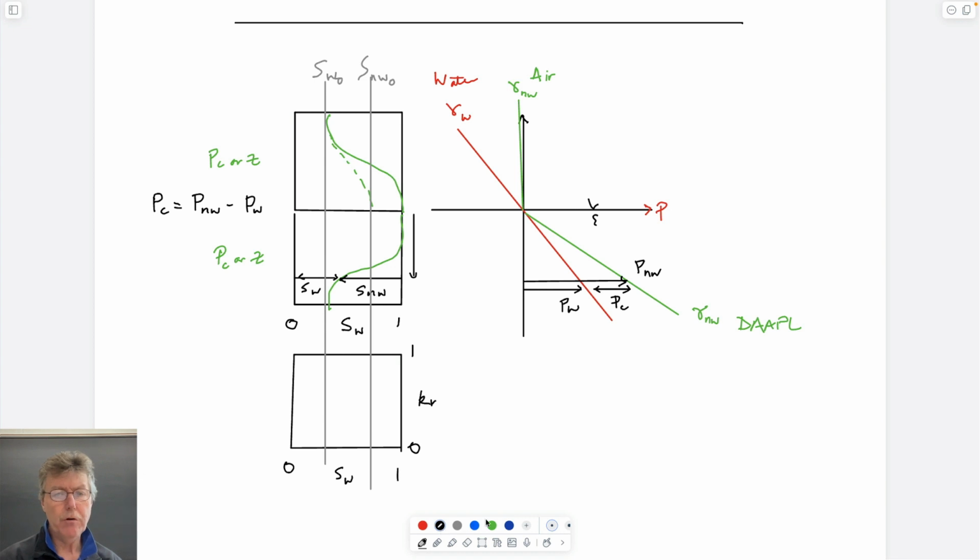And they had the form, if we use green for the non-wetting fluid, it goes like this. If we use red for the wetting fluid, it looks like this. Not a straight line, but that's the way it turned out. And that allows us to look at the flows in the system. And so I guess the only point of drawing this diagram again, which we've seen, is to make the point